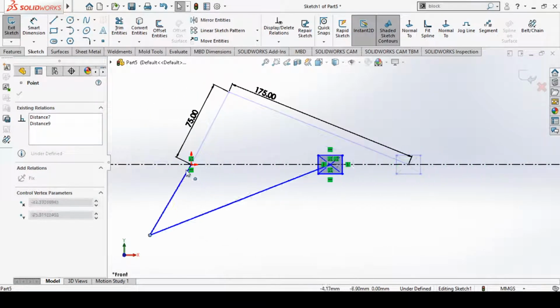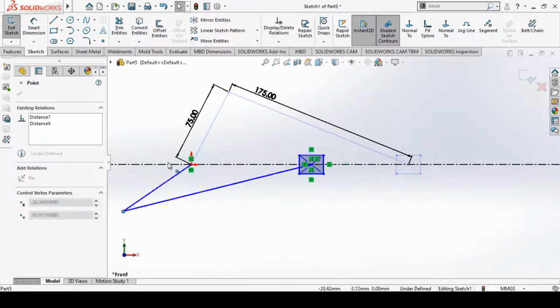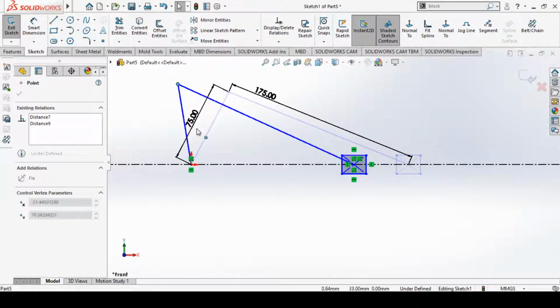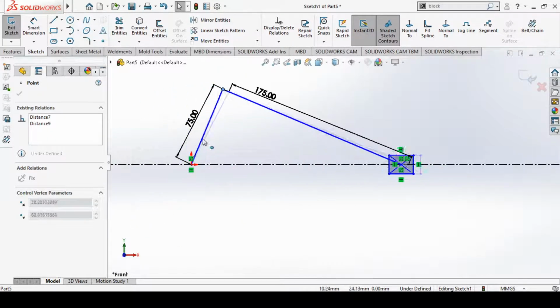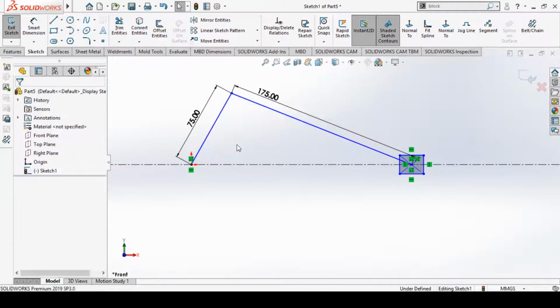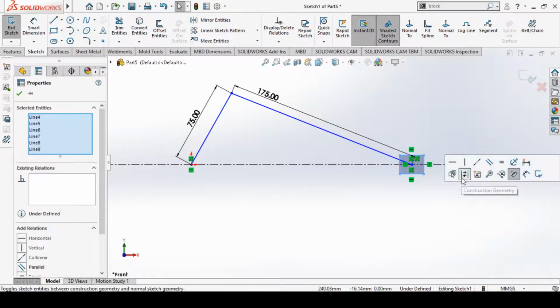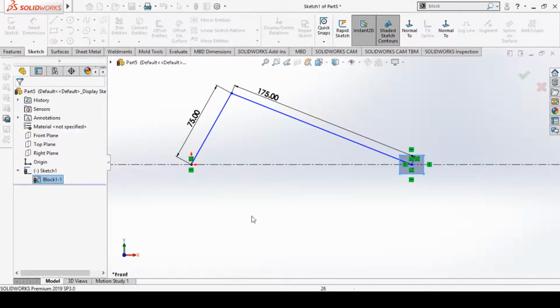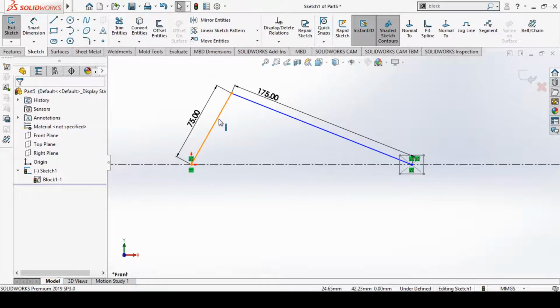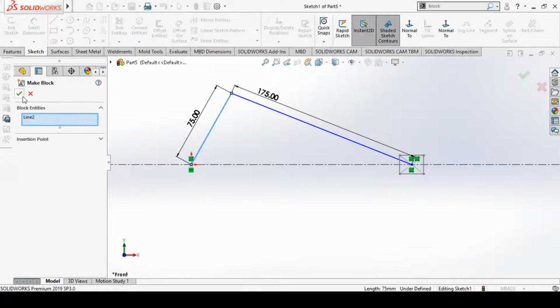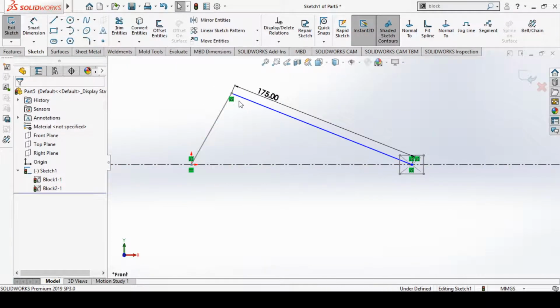Now it is not necessary that you always need to create a block, but now this sketch is not fully defined, or it is underdefined, and block sketch permits you to use many of the options. There are many benefits of making the entities as block elements. So we'll try to make the entities into block elements one by one. Okay, so you can select this option, you can make the block elements. You can select this line, you can select make block.